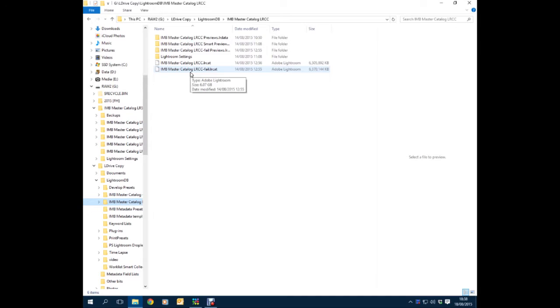I've got a copy of the catalogue from that time. So let's move over to it. So here we are. This is a copy of the catalogue called Master Catalogue -fail, just so that I know it's the one that is going to fail. So if I try to open that catalogue,